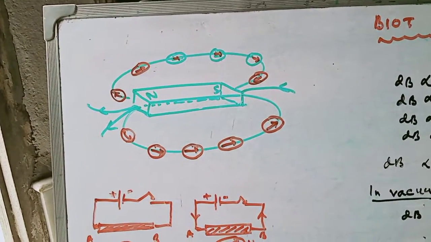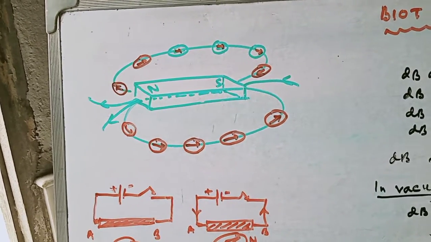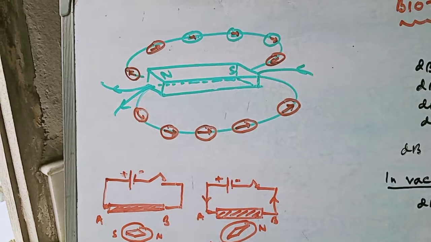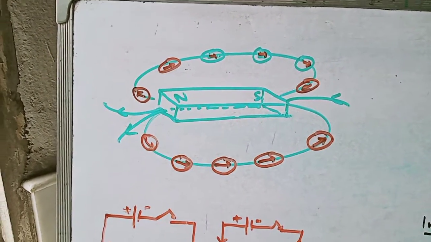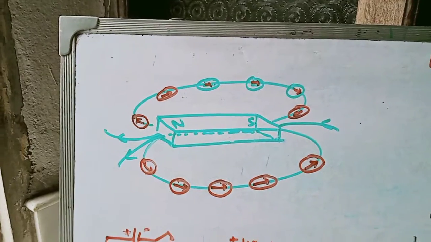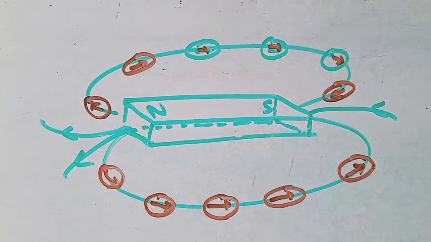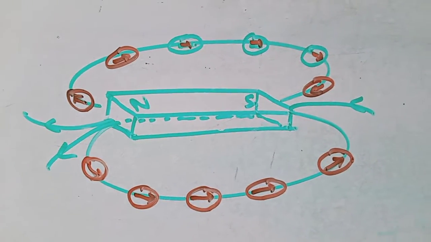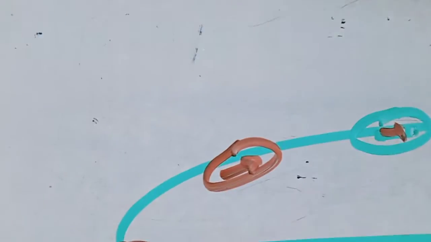Now in this video we will discuss the Biot-Savart law. But before going into the matter, we first take a view of the magnetic field. See here, a bar magnet is placed here, and if you suspend a magnetic needle near a bar magnet, the needle rests in a definite direction.